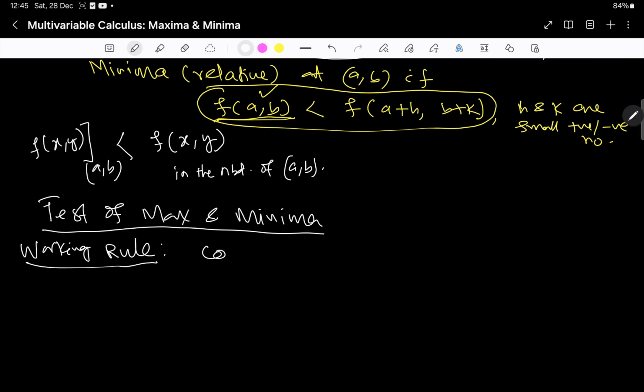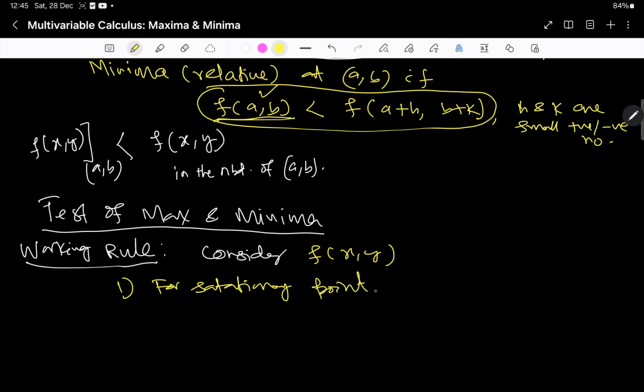Now we consider a function of two variables, f of x y. The first step is to find the stationary points, where the first derivatives are equal to 0: f_x is equal to 0, f_y is equal to 0. We solve these simultaneously